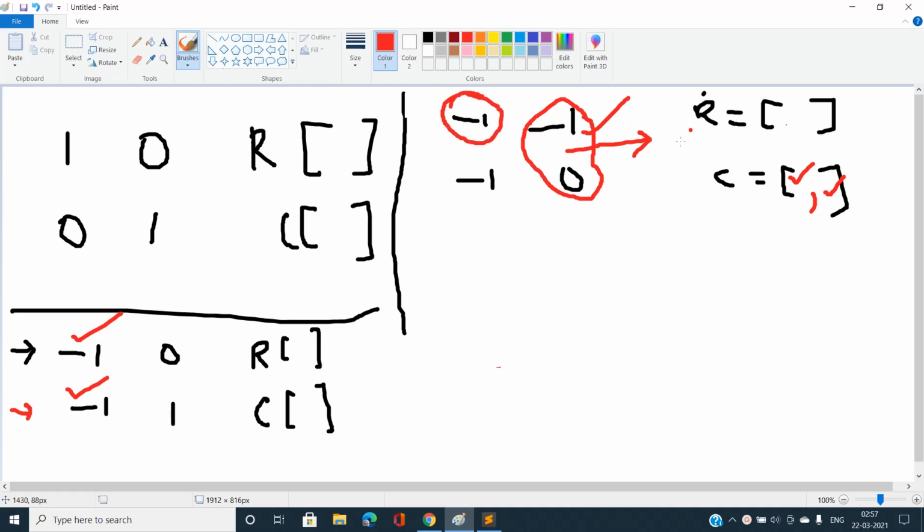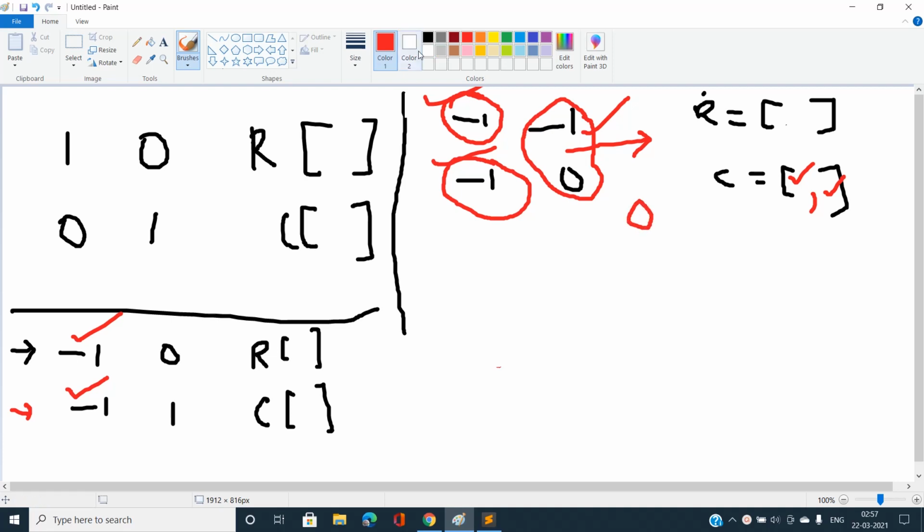It can be replaced with a suitable 0 or 1, because we know the values of the R vector and the C vector for each row and each column. So in this case also we can easily find it. I'm not going to spend any cost to restore my original matrix A. So in this case also our answer comes out to be 0.